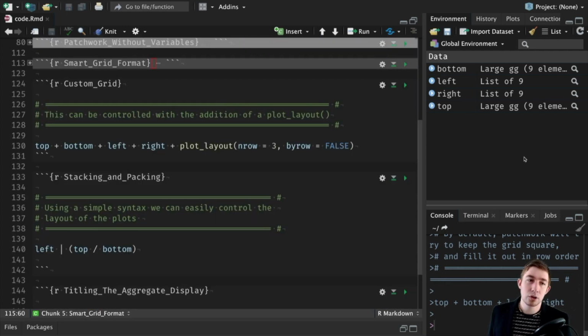So with that overflowed grid, we can actually do a little bit of custom formatting by giving it an additional argument. So we can add a plot layout function, and with this we can say, hey, the number of rows we want is 3, and we're going to say by row false. And doing this will give us the output of